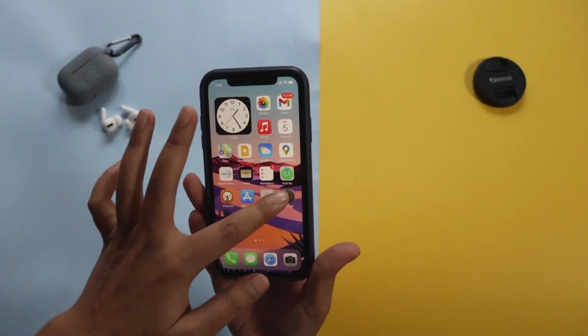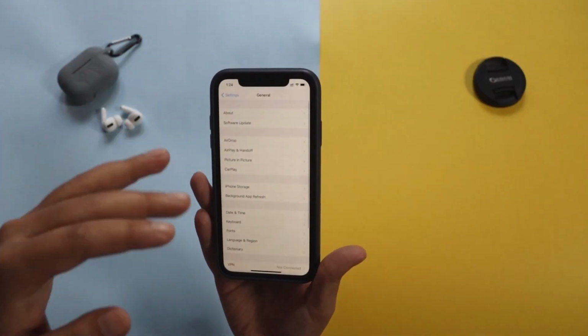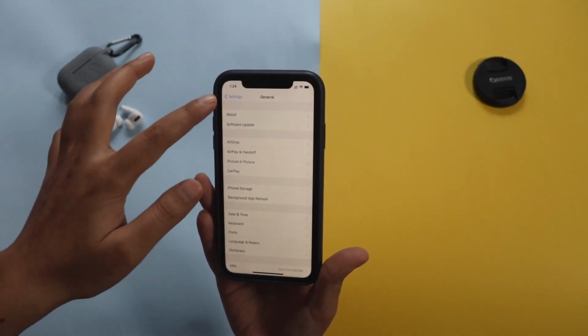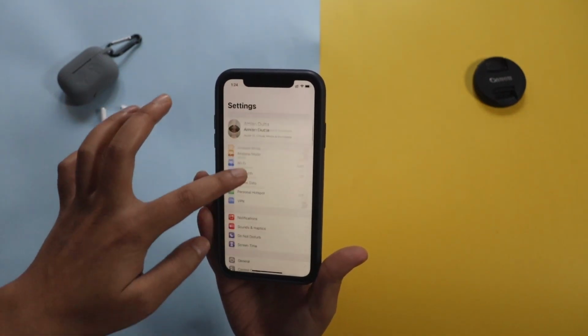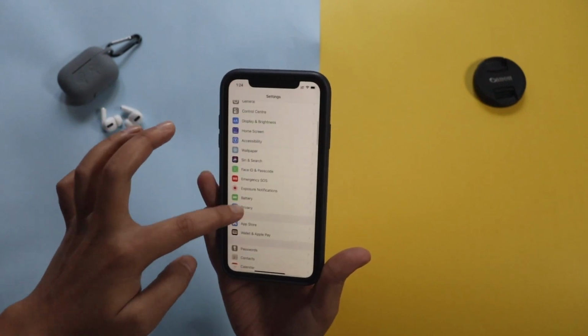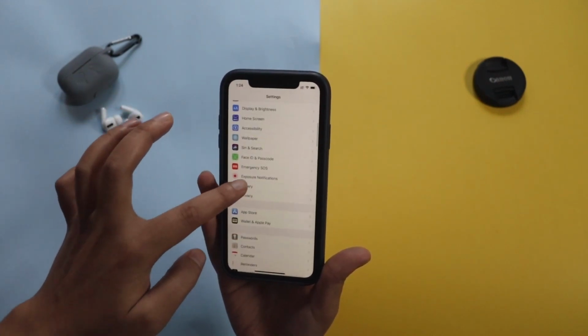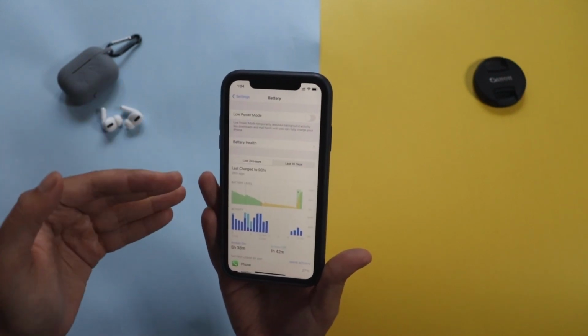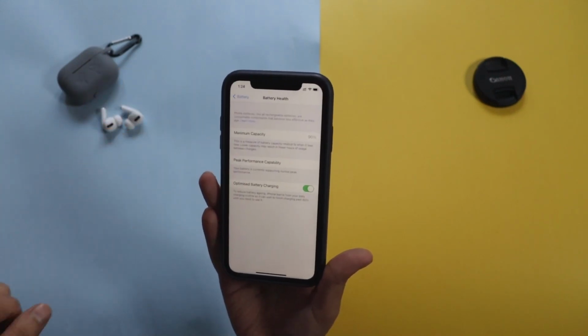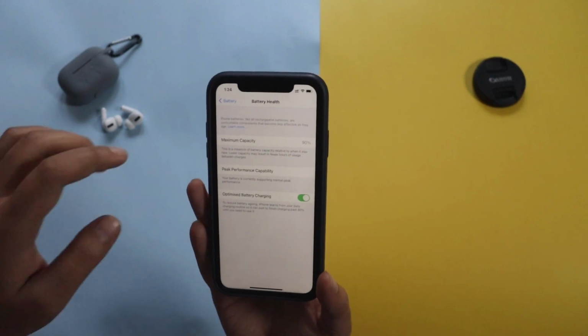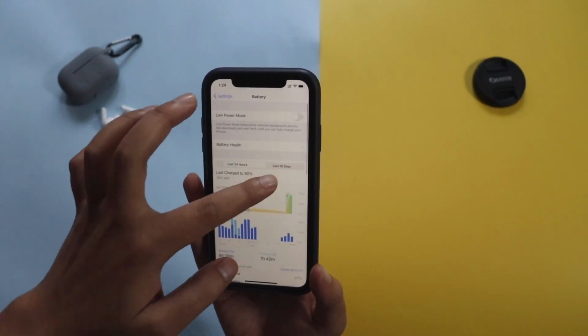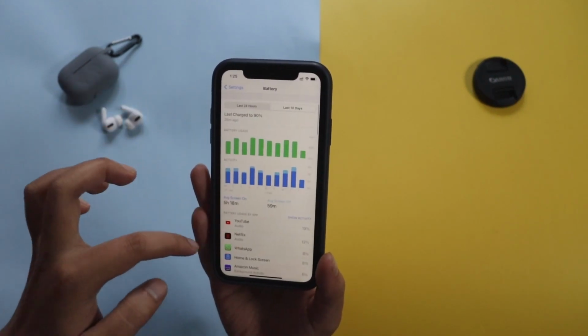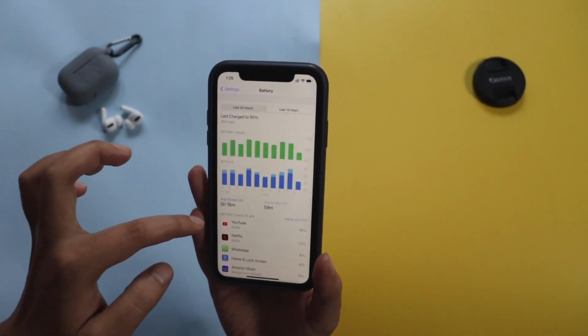Alright, so the battery life is something that I usually take 5 to 7 days before commenting about how the battery life is. As I said in my previous video, the battery life was okay. So let me just again go to the battery section. Let me first go to the battery health before the graph gets generated. As you can see, it supports peak performance capability. And if I show you the last 10 days graph, I have been getting a screen on time of 5 hours 18 minutes.